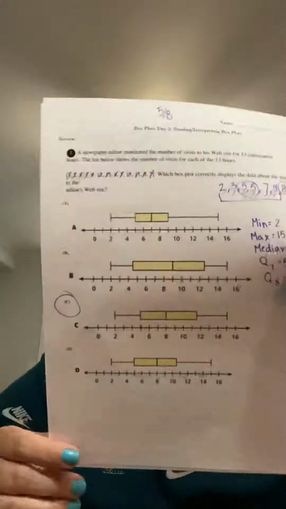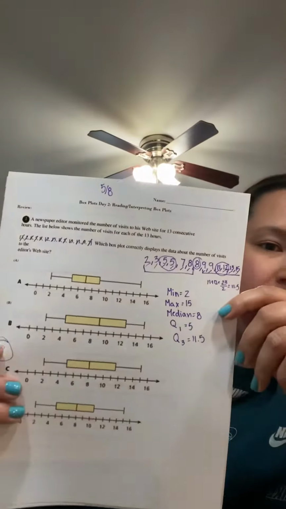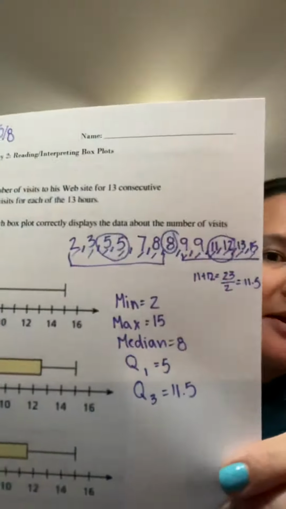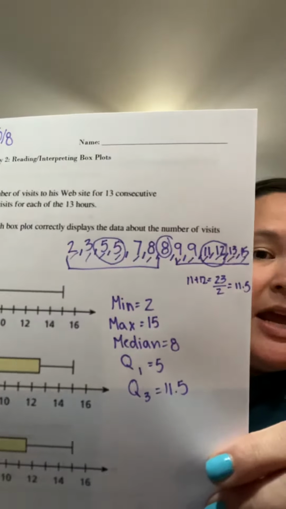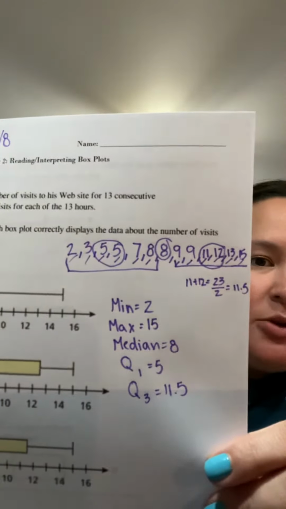On it, there's just a review from what you did yesterday. So make sure that you're following the directions for what you have to do yesterday. You have to find the maximum, the minimum, the median, and then Q1 and Q3, okay? And then I saw that it was C. All right, so what we're doing today is we're learning how do we look at these graphs and pull some